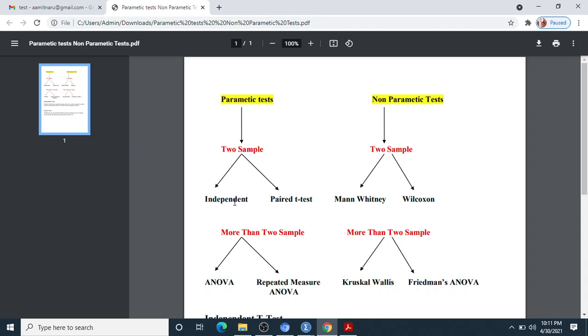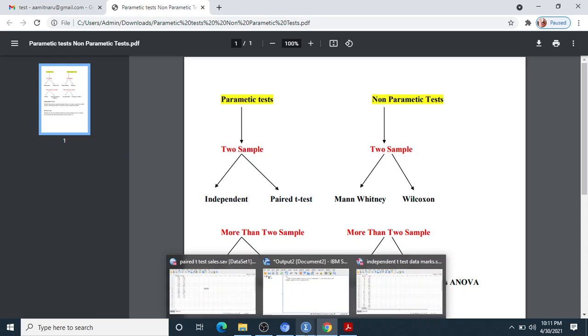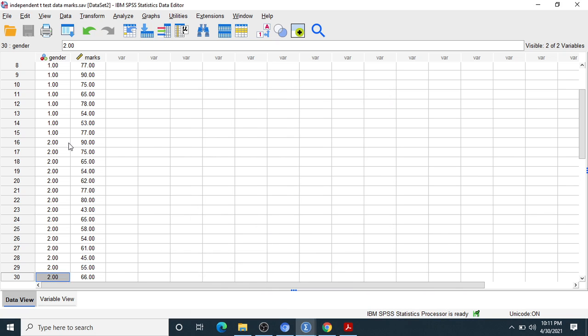So remember, if these two assumptions are fulfilled by our data, we use this parametric test, the independent t-test. Otherwise, we use the Mann-Whitney test. So let us check. First of all, we have to check this normality and the homogeneity factor.